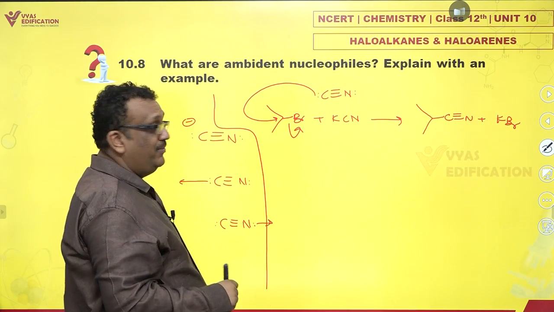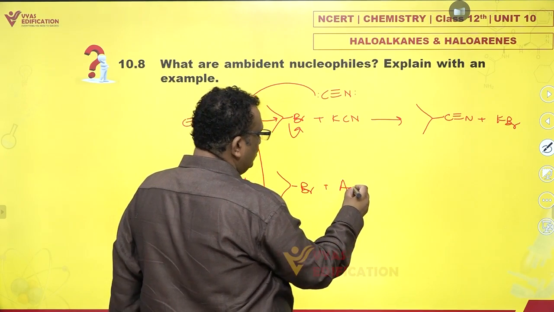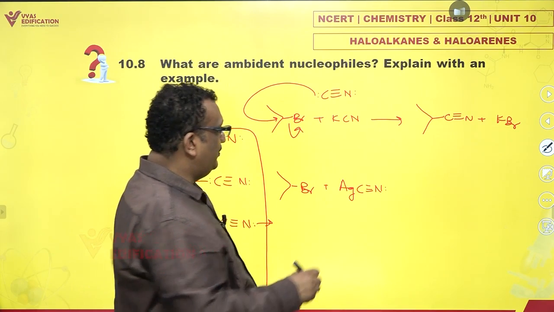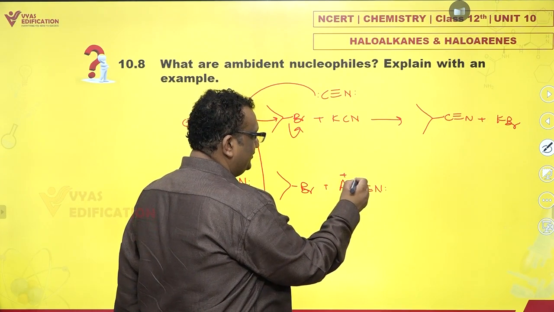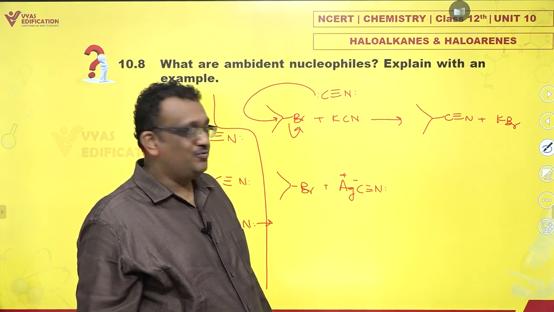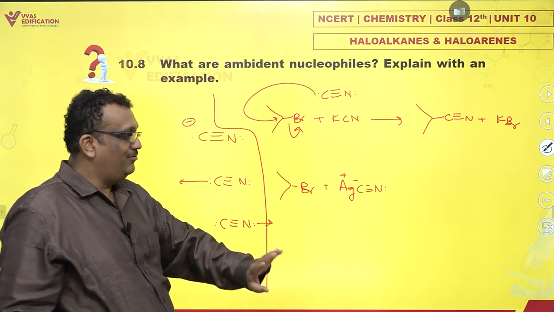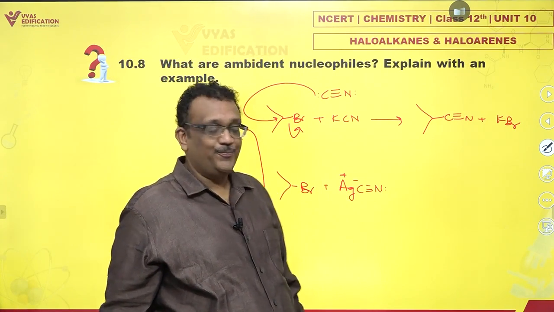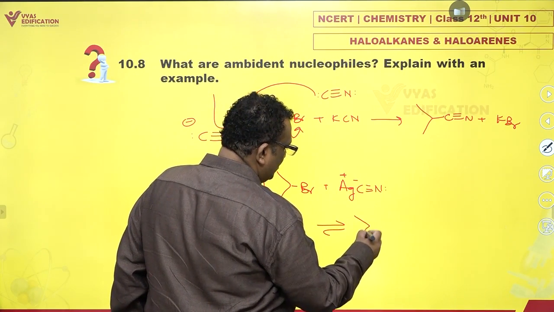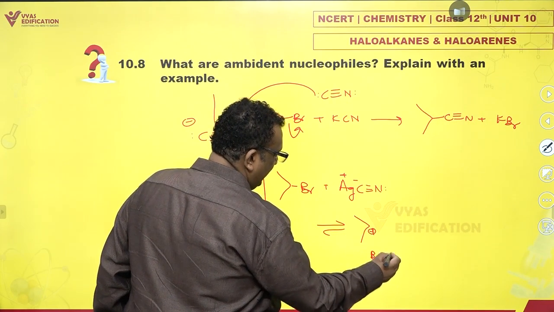Unfortunately, another drama is also possible. If I take the same isopropyl bromide and I use silver cyanide. Now, Ag plus is a very funny ion. Ag plus attracts carbon very strongly. So the lone pair on carbon gets attracted to silver itself. Only nitrogen is free. And you find that isopropyl bromide dissociates to isopropyl cation plus Br minus like this